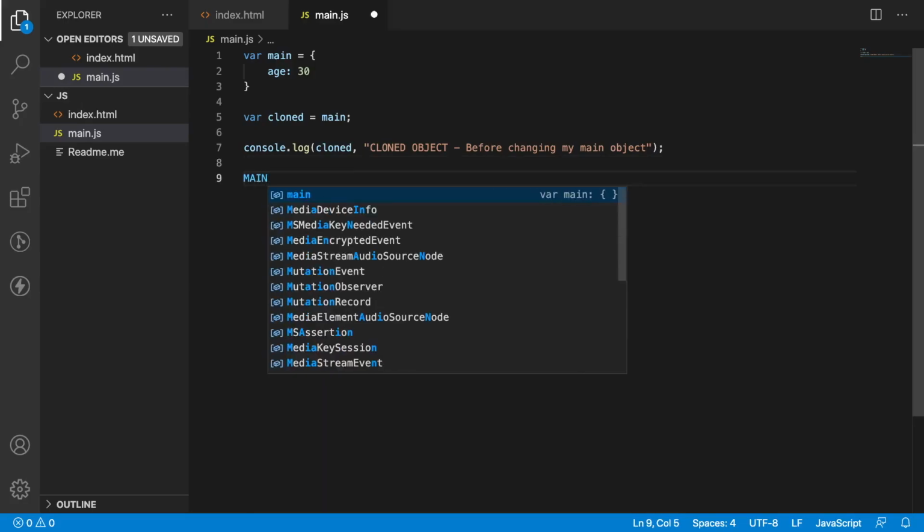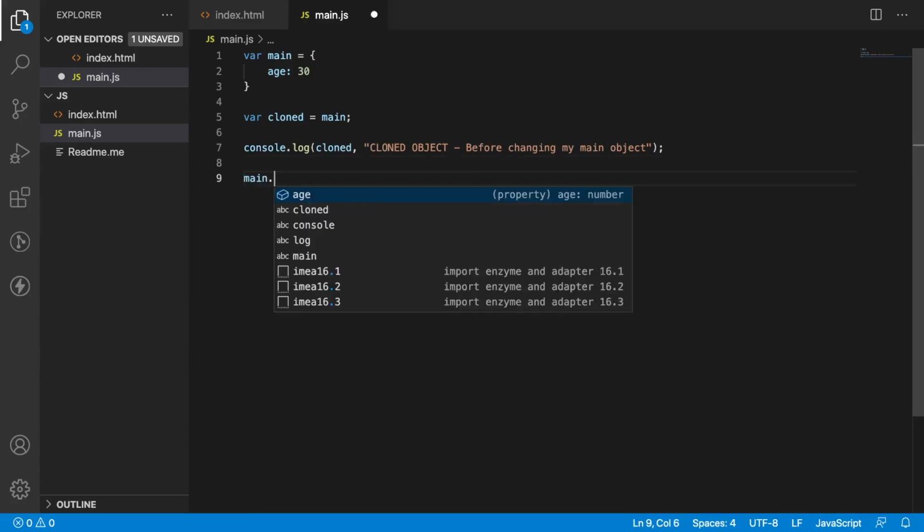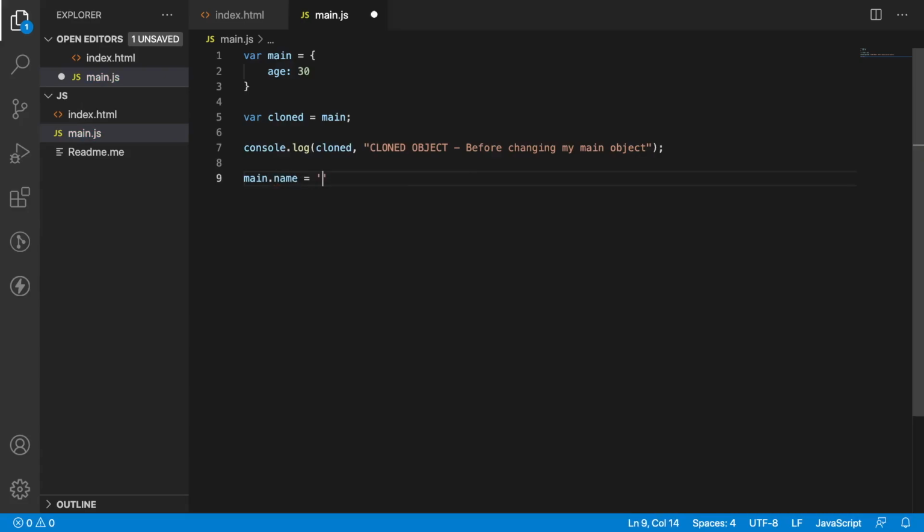Let me add some property, main.name equal to Sai. So here if you see I am adding the name property to my main object but not cloned object. Let's print both of them.